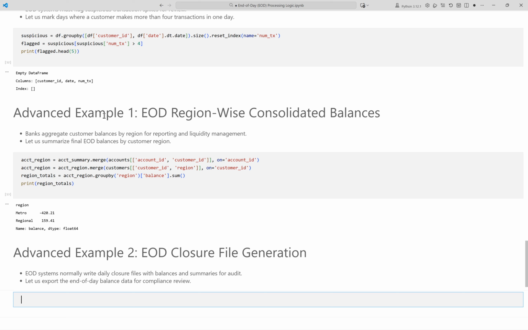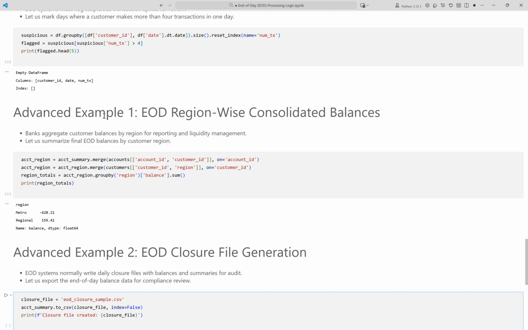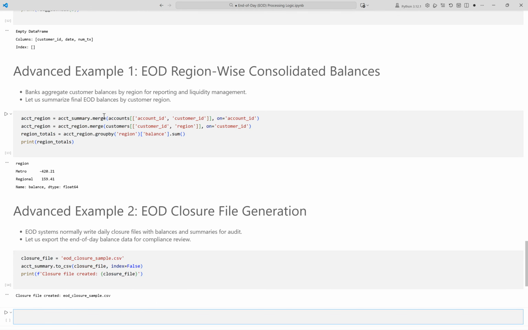Let us save the final account EOD balances for the period to a CSV file. Set the closure file name. Export the latest EOD balances to CSV. Confirm the file has been created. Running the cell now. This output confirms that the end-of-day account summary has been successfully exported to a CSV file